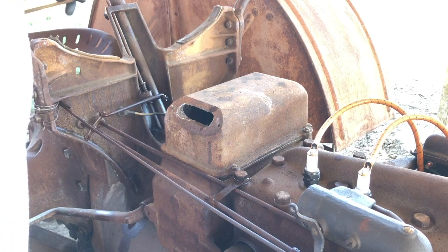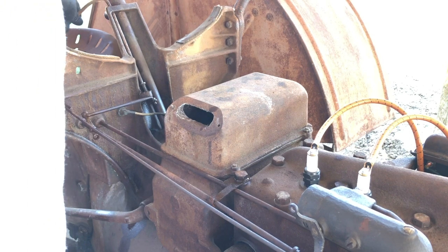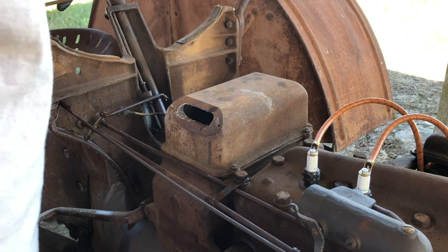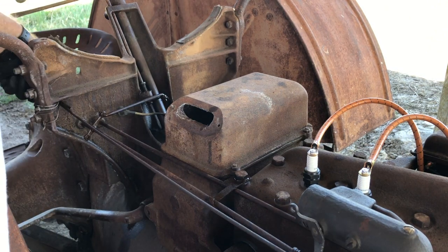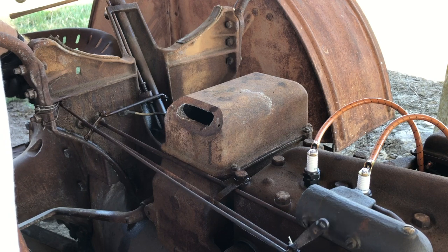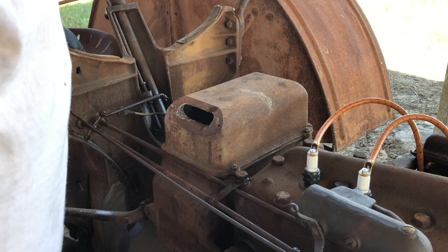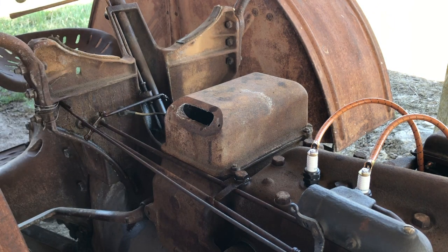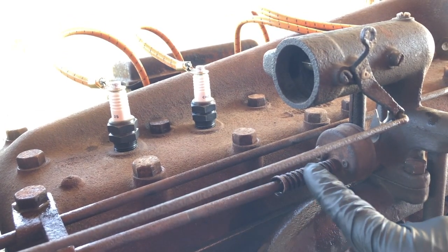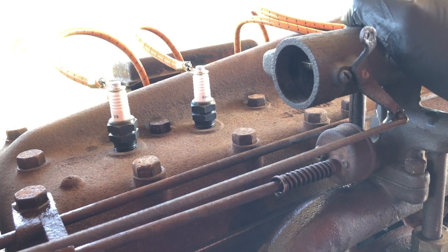Throttle linkage. Hooked up, oiled, working. Choke, hooked up, oiled, working. And of course we tested the spark linkage already and set to our static timing mark. When I hooked up the throttle linkage right here to the mixer assembly,